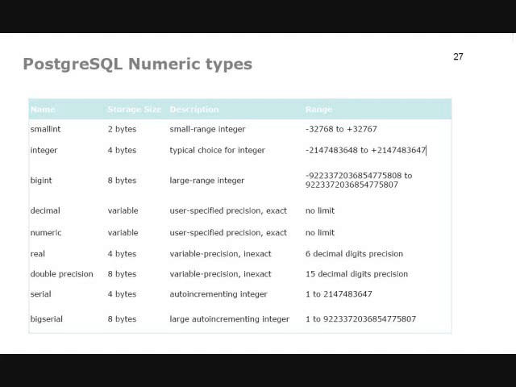We can have an integer, which is allocated 4 bytes, so we can have slightly larger range of numbers that can be represented. Or we can have big integer, which has 8 bytes allocated to it, and therefore gives us an even greater number. Obviously, we want to be reasonably conscious of the storage space, so if we only need a small integer, we'll use a small integer, because if you have a large table at the end of the day,